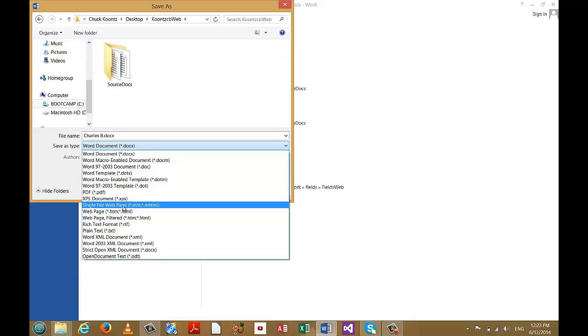single file web page, web page HTML, web page filtered. All right, now let me tell you the way I want this. Save it as a single file web page. All right, it may not render the best representation of your Word document, but it's going to be convenient for you to submit. If you were really doing this, and wanted the best